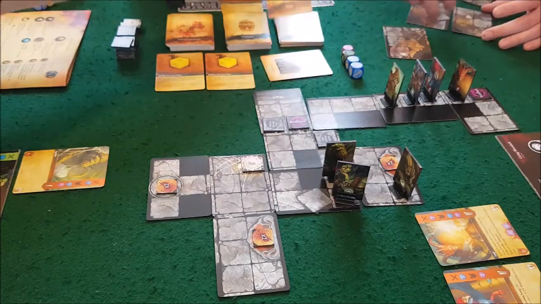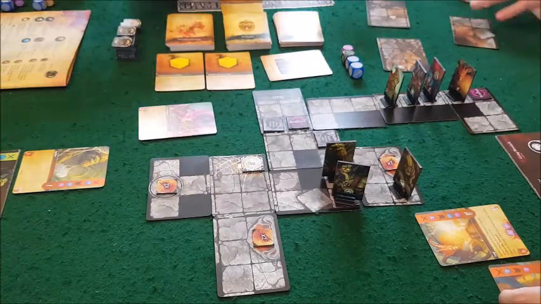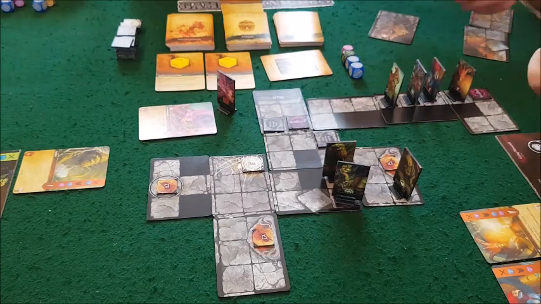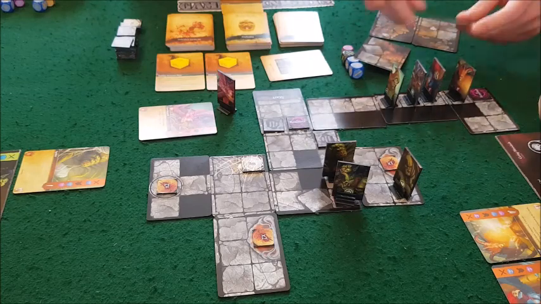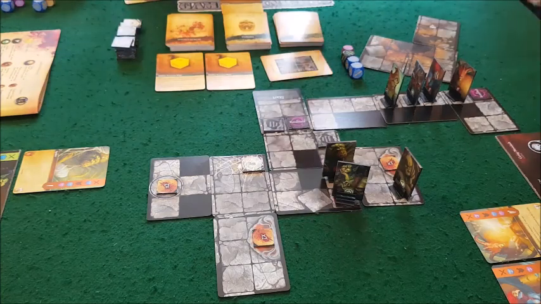And I've put the boss card in here, just underneath it, so we know we're going to be fighting the Cave Serpent. Annoyingly, though, we can't summon it yet until we get the teeth. Somewhat annoying. So he's just going to be sitting off to the side until we actually...